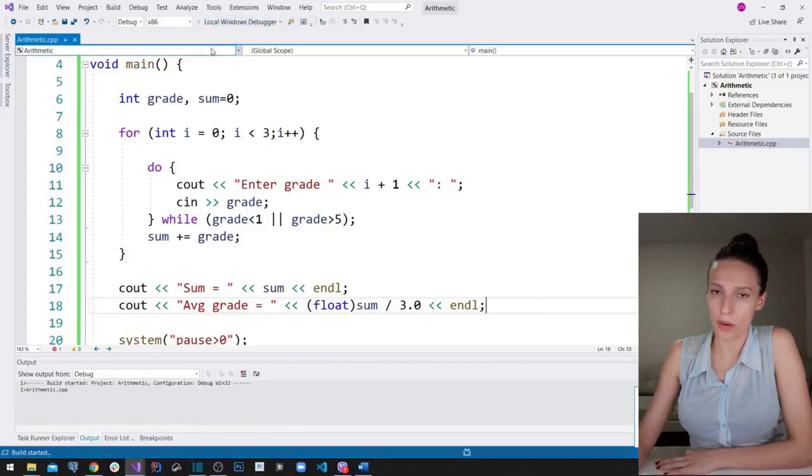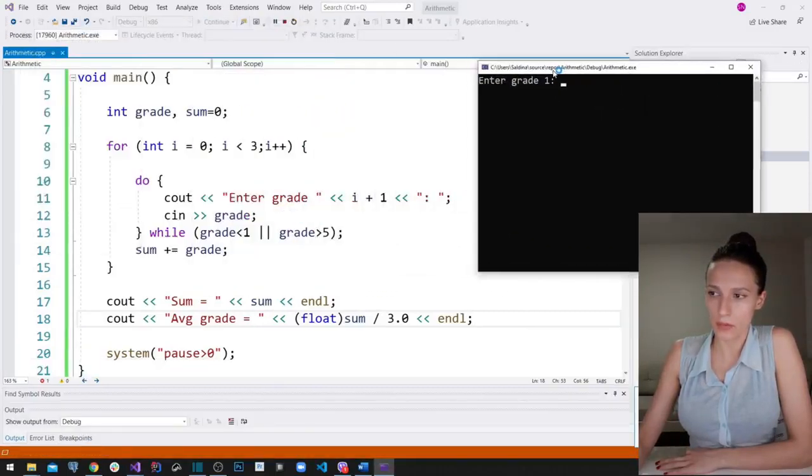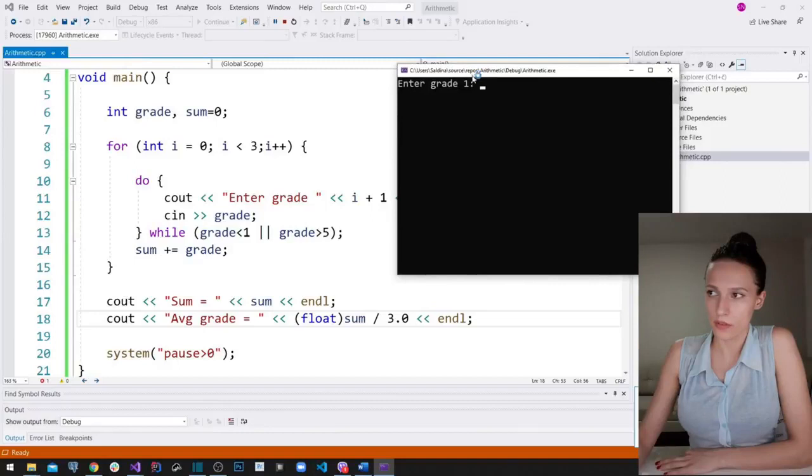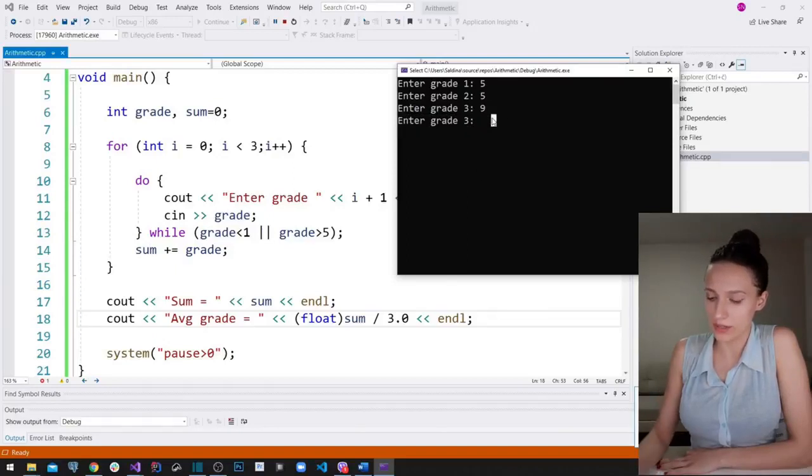So if I run my program once more, it prompts me again to enter the first grade. So I'm going to say that my first grade is equal to 5, and then my second grade is also 5. And then let's say that the third grade of our user is going to be 9. So our program prompts us again to enter the third grade because it needs to be in this interval here. So I'm going to say now that the value of my third grade is going to be 3,